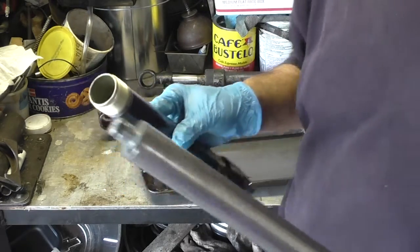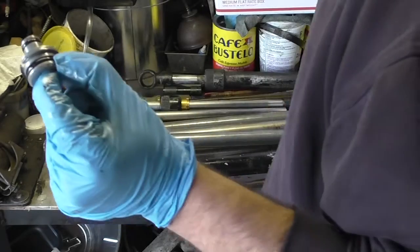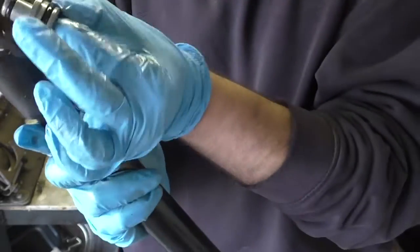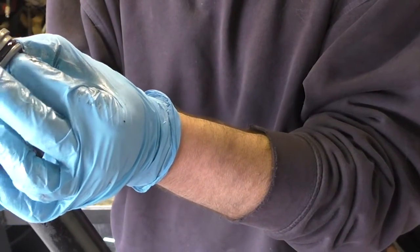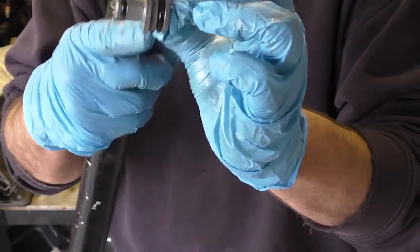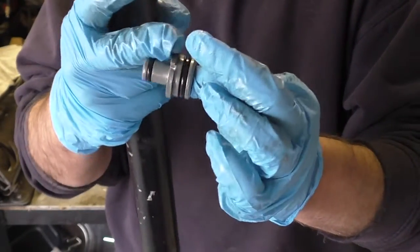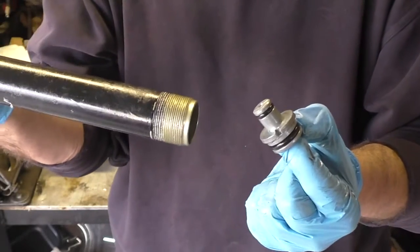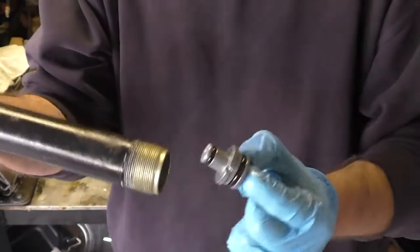So let me show you what that thing does. This part is basically a hydraulic router. Now what I mean by that is, if you look at this end of the cylinder and you see these two holes, this goes up inside and it directs the flow of fluid to either the front or the back of this device. That's all this does. However, there are seals on the inside and the outside that go inside the cylinder, and if either one of these seals is bad, or this has corroded to the point where fluid will not flow either down through the center or in through the sides, it will impede the working of the cylinder, and there's your problem, or at least one of them. So this part has to come out